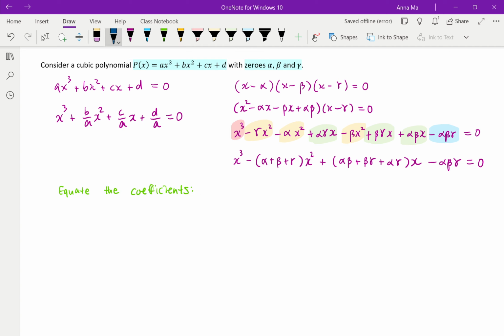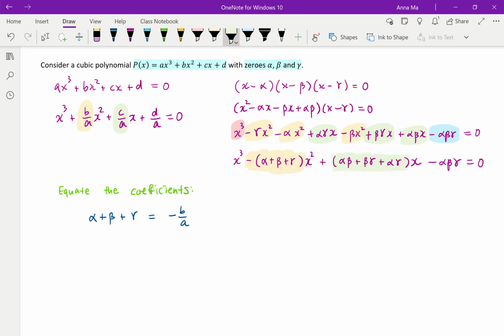We will get, firstly, let's compare the coefficients of the x squared. So that one versus this one. I can say that alpha plus beta plus gamma has to be negative B on A. So this one's actually the same as before. Remember the previous identity said the sum of zeros had to be negative B on A? Same start. And then the next bit is where it gets a little bit weird because I see C over A and I've got